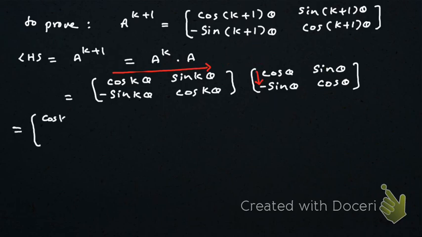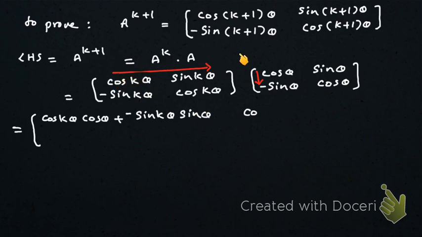How does it go? Cos k theta into cos theta. See, first row goes along the first column. Cos k theta into cos theta plus sin k theta into minus sin theta,